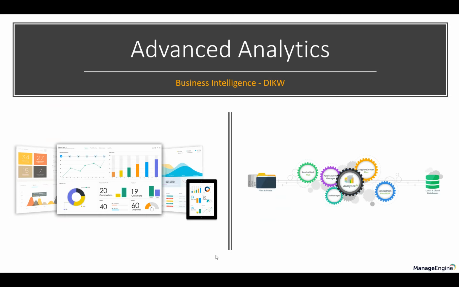Finally, we have all data on the table. We have data from help desk, where we have to know the number of SLA violations. We have to know the number of high priority tickets against a particular category of requests, or we want to know the technician KPIs, the technician with the highest first call resolution, or the technician with the most number of SLA violations. All this has to be generated as reports, apart from having a single dashboard for number of users who have logged into the domain today,